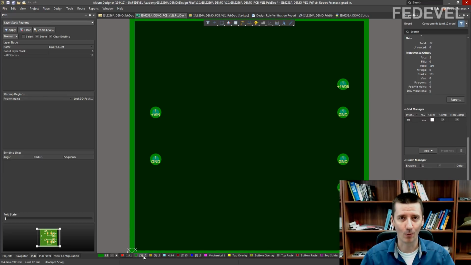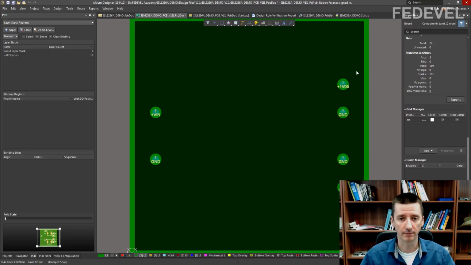plain. Why? Because our layer 2 and layer 5 are plain layers. That's what we set in the stack up. When these layers are plain layers, it means everywhere here is copper by default.